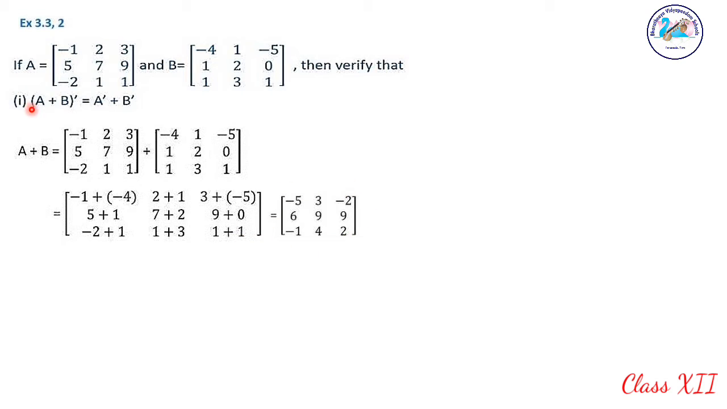What we required is A plus B the whole transpose. So let's calculate A plus B the transpose. This is A plus B. Just interchange the rows and columns. Means first row comes as first column and so on. So here